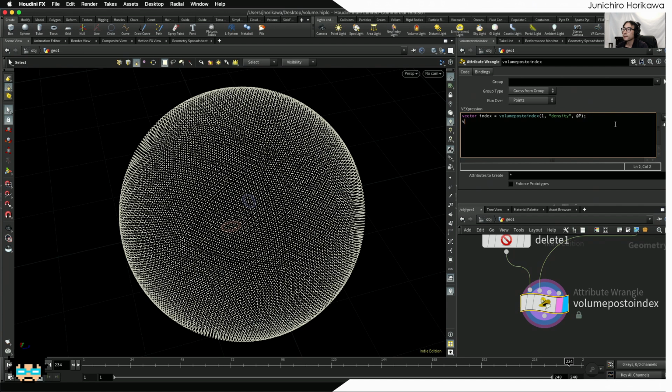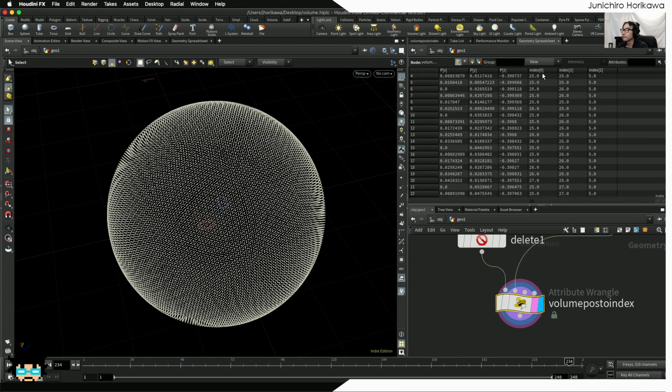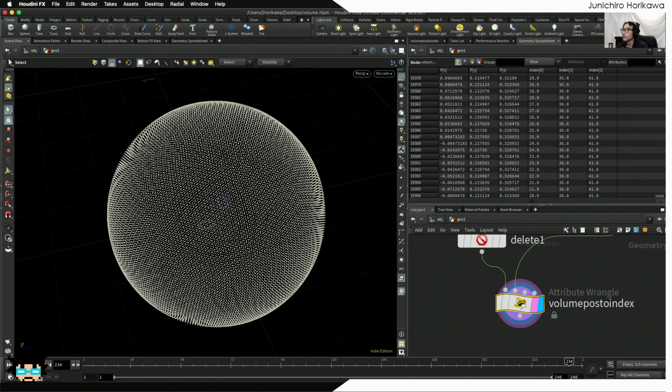What I want to do next is to create a vector attribute named index and save the value that I have just retrieved into that index attribute. Now let's go to the geometry spreadsheet to check the point attributes and see if I have those index values correctly retrieved. And I see those index values, x, y, and z, stored as values, which are all integer values,